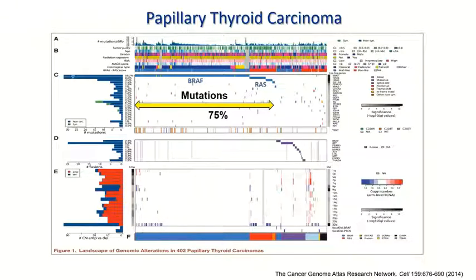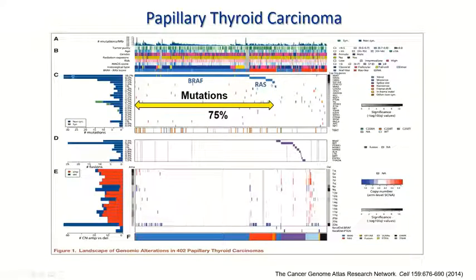Why am I saying a 30 to 70% range? Because in different countries, this proportion is different. In North America, it's closer to 30%. In, for example, South Korea, it's closer to 70%. And there are some reasons for this that are beyond the scope of today's discussion. But in any case, BRAF V600E is the most common genetic alteration in papillary thyroid carcinoma. The second most common is RAS. There are 3 RAS genes that are very similar in function and